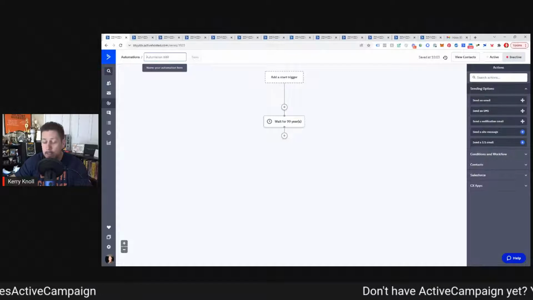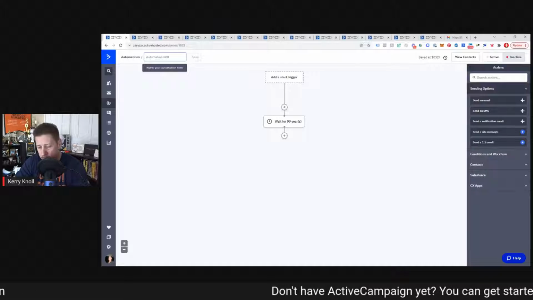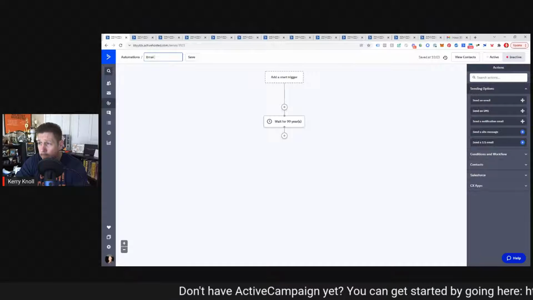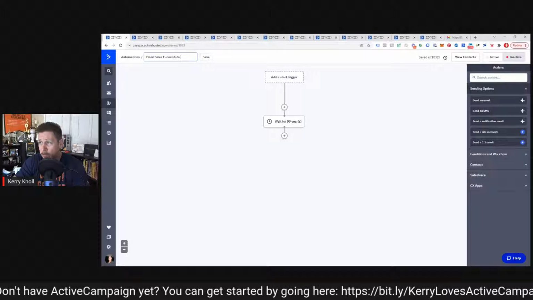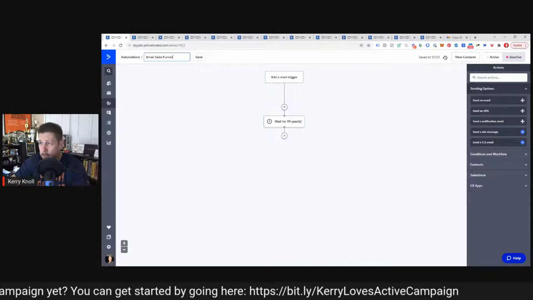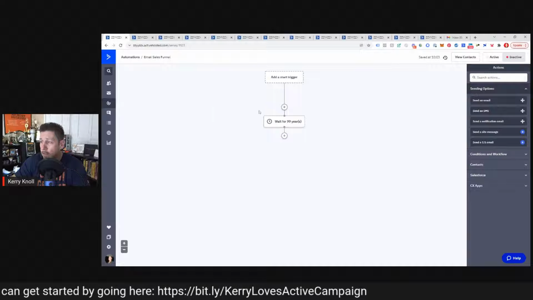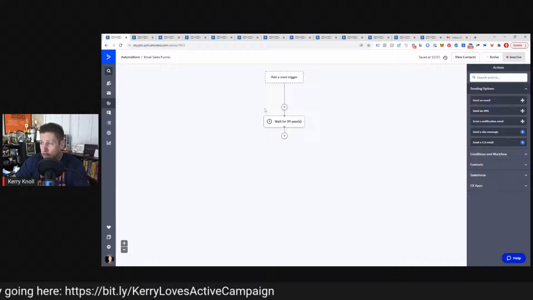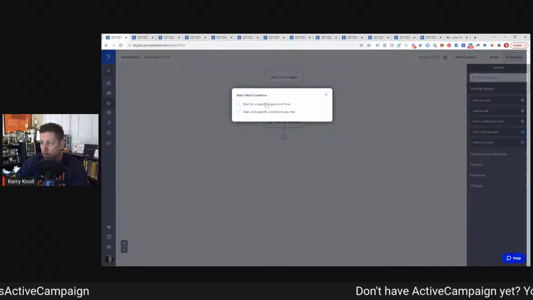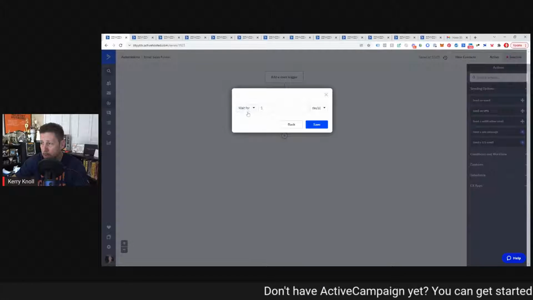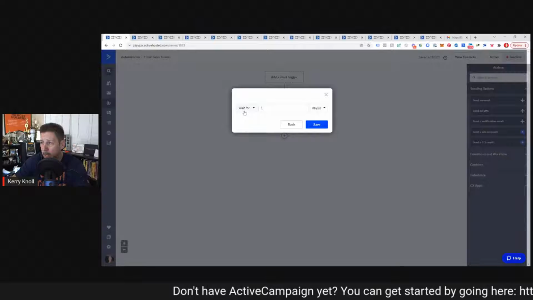And then I'm just going to give this a quick name. So I'm going to call this email sales funnel automation. Just email sales funnel. That's the way I want to call it. And then the first thing I would probably do is set up another wait here to say, well, when will this first email go out for somebody? It would likely be going out